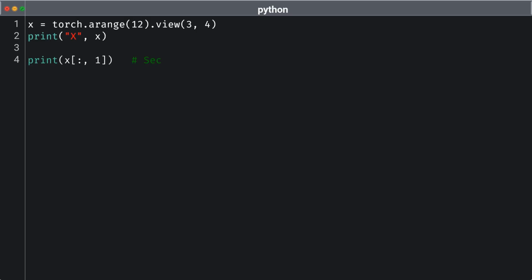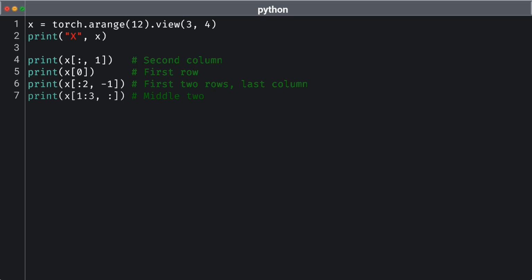In this section, we will explore how to effectively use indexing in PyTorch tensors, similar to NumPy. The code begins by creating a tensor x using the torch.arange function, which generates a sequence of numbers from 0 to 11 and reshapes it into a 3x4 matrix. This tensor acts as our dataset for indexing examples. The first indexing operation, x[:, 1], retrieves all rows from the second column of x. This demonstrates how to extract a specific column, which is crucial when you need to focus on particular